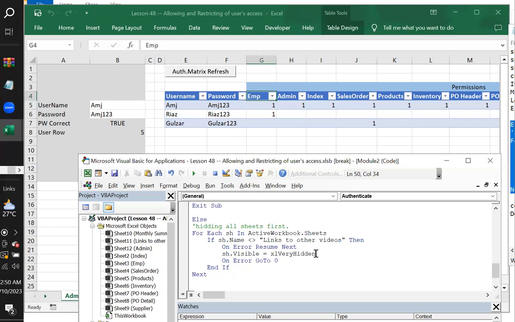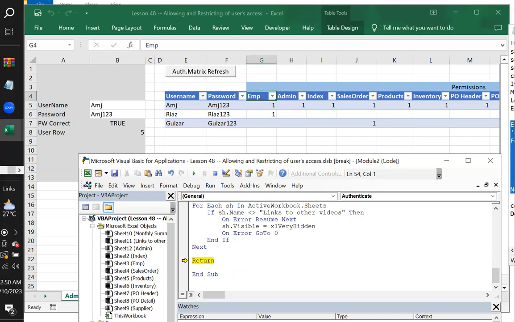And very hidden means a user won't be able to unhide it by right clicking and choosing unhide. So it will be very hidden, to prevent any unauthorized access, right? Okay. The next is, now since all the